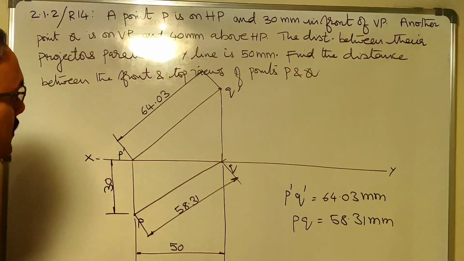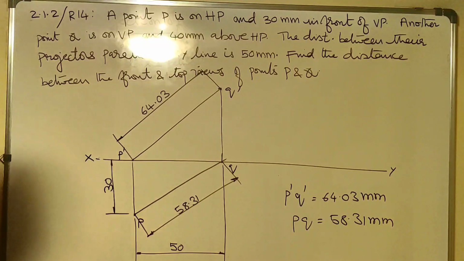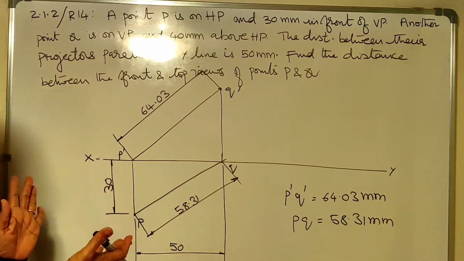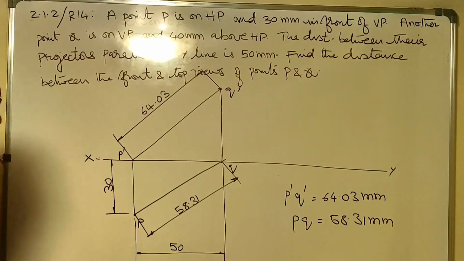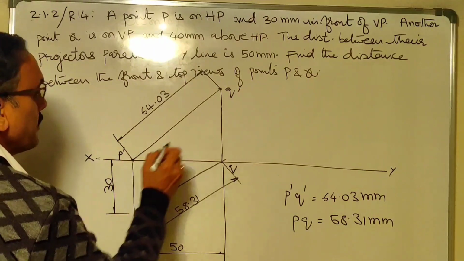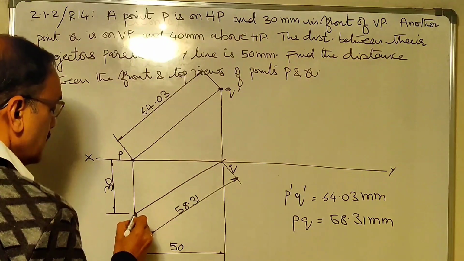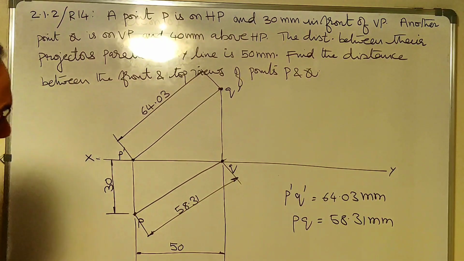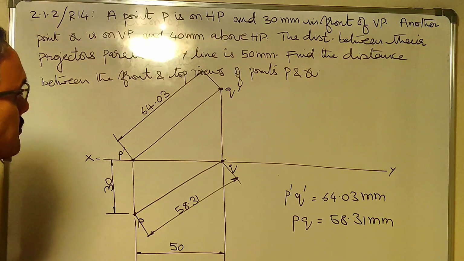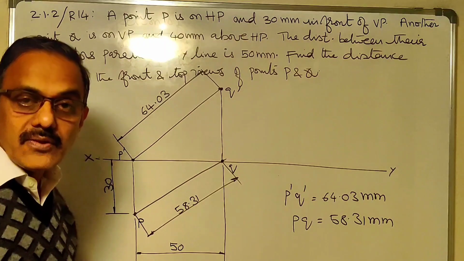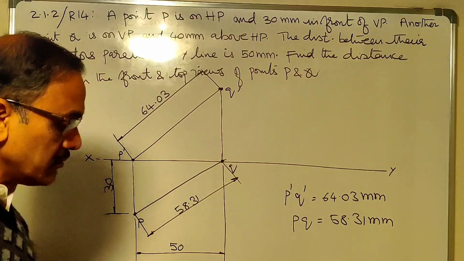That's about this problem. Okay, it's a simple problem, but what you should take care about is what are the lines that should be drawn thin, what are the lines that should be drawn thick here. All the lines are thin lines here except only these points. P dash Q dash should be shown dark. Similarly, P and Q should be shown dark. All the remaining lines can be made light here, okay, including XY line. Now I'll come back for the third problem. That will be the last problem of drawing number 2.